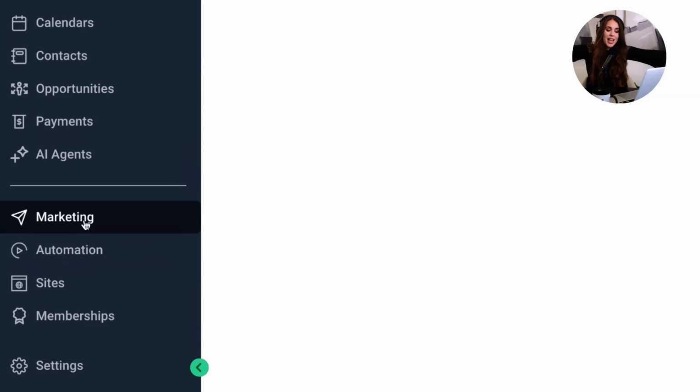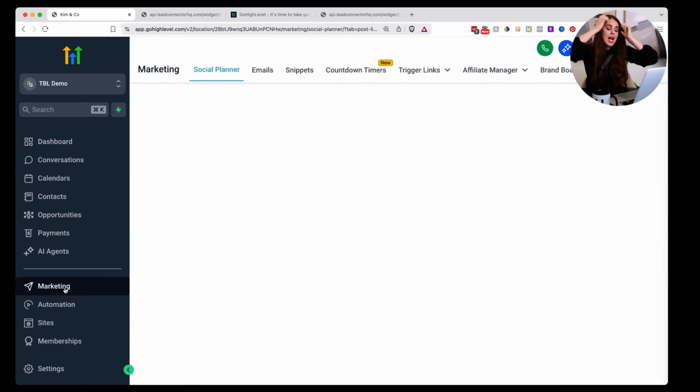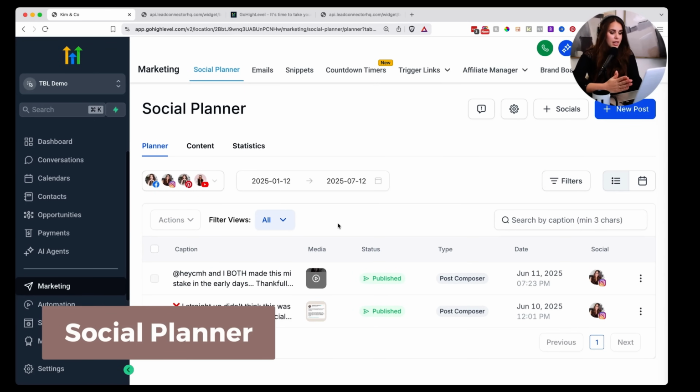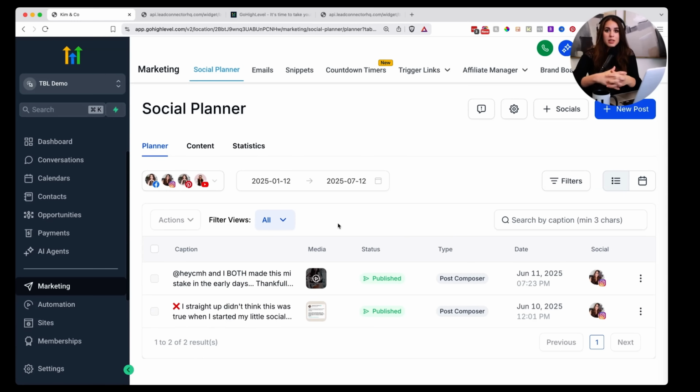Okay, now to my favorite place, the marketing tab. I love the social media planner. And y'all know that I am very picky about my social media planners. I've used CoSchedule and some other tools for a really long time. I still love them, still recommend them if they have special features that you prefer, but